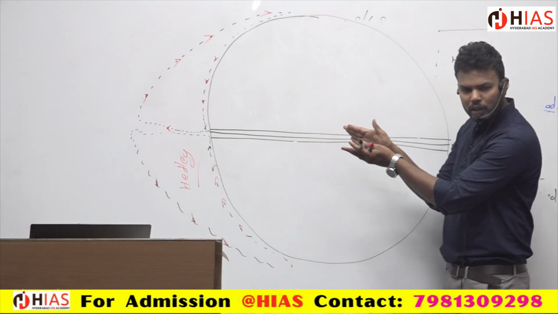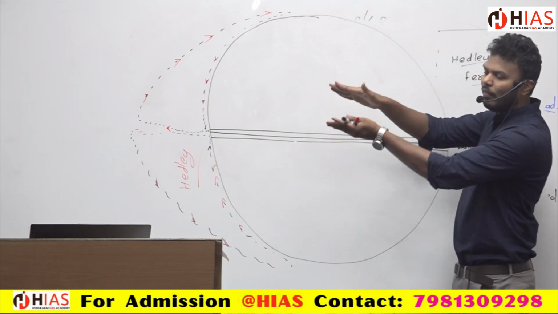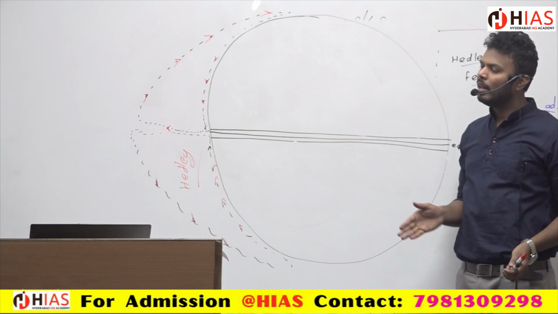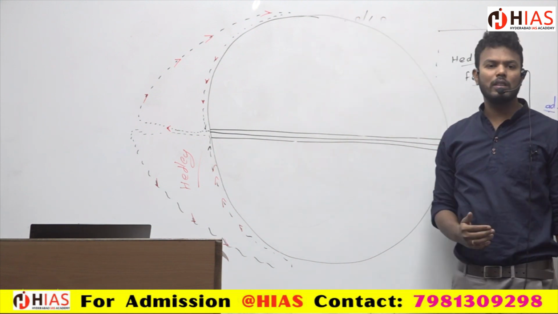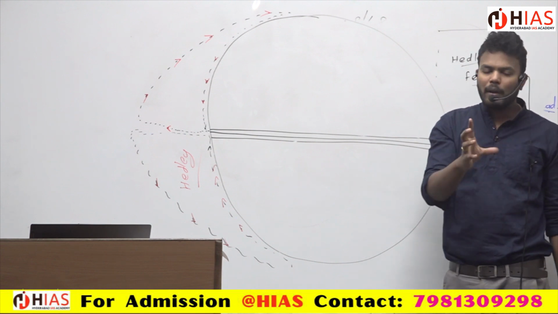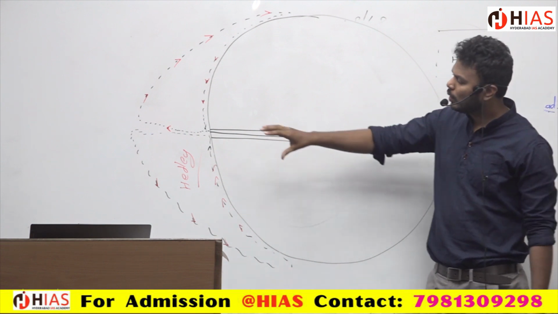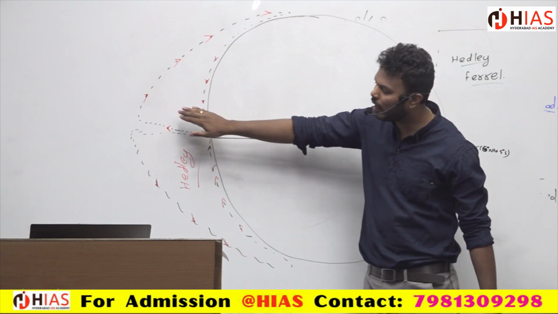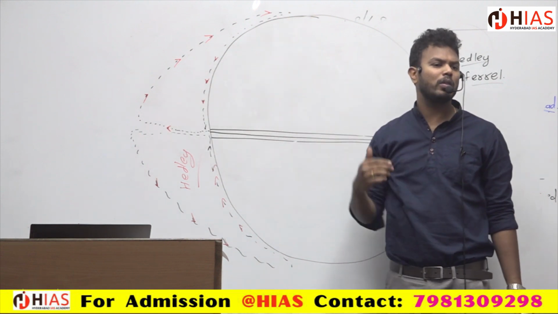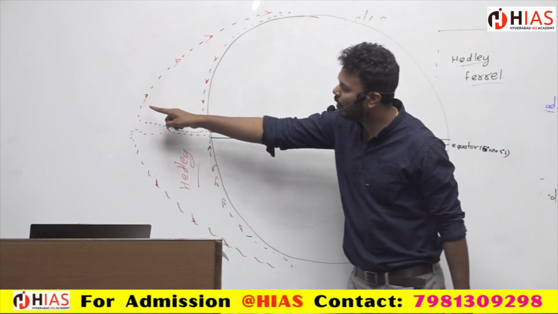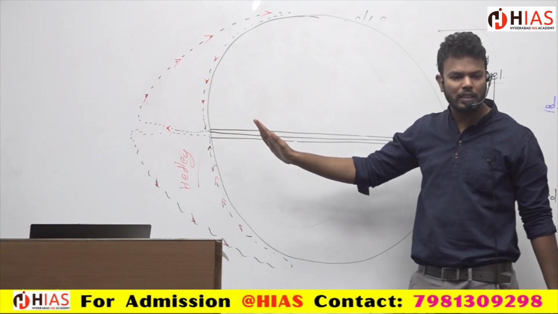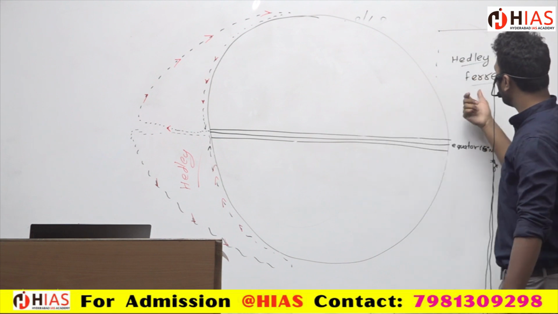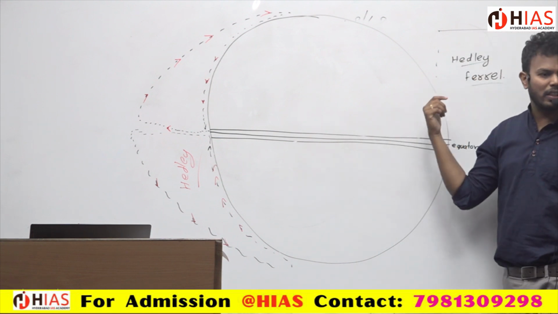Mr. Hadley, whatever you said is fine. The wind travels to the highest point, the tropopause. But after reaching the tropopause, it will not go directly to the poles because the Earth is moving. Because of the movement of the poles, here you can experience some force. In the higher altitudes also you will experience some force. So that will get deflected. So that is why Hadley's theory was completely rejected, and in that place, which theory came into existence? Ferrel's. We'll discuss that. Okay.